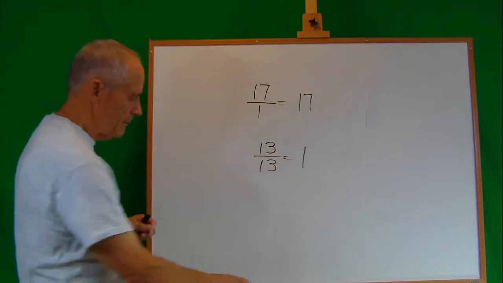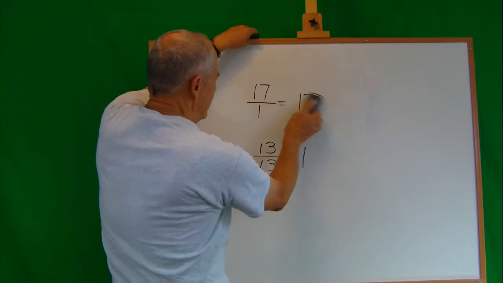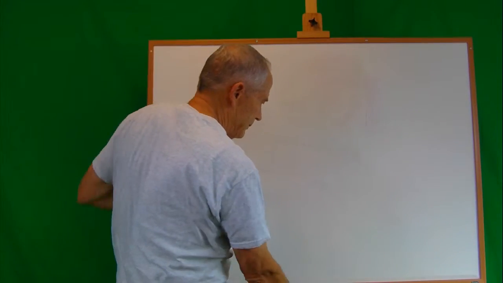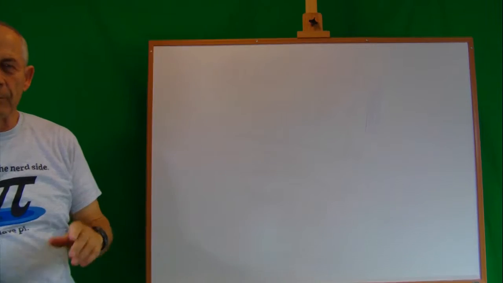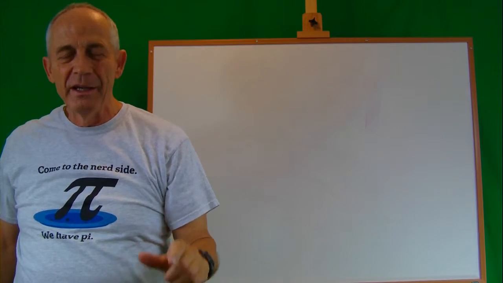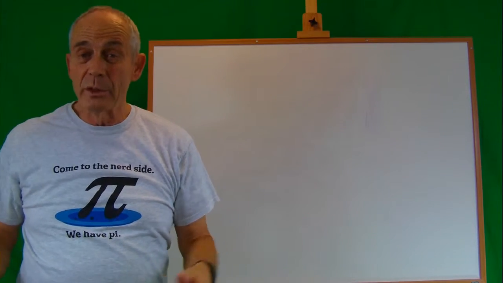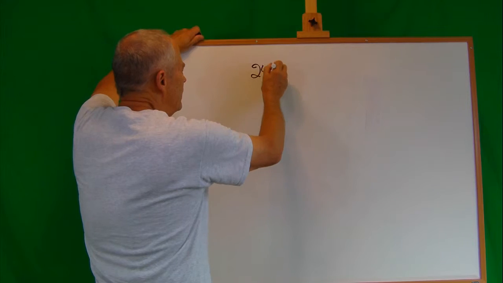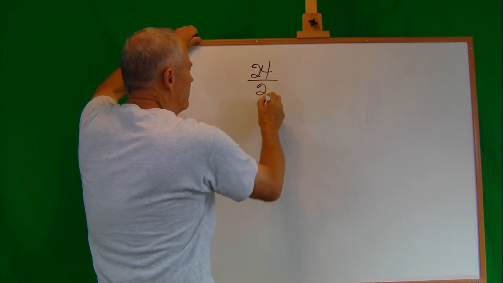Now, when actually doing division, we're going to take a problem here, and guess what we're going to do? We're going to do just sort of the same kind of thing we did with multiplication, only we're going to be talking about division. So if I've got 24 divided by 2,